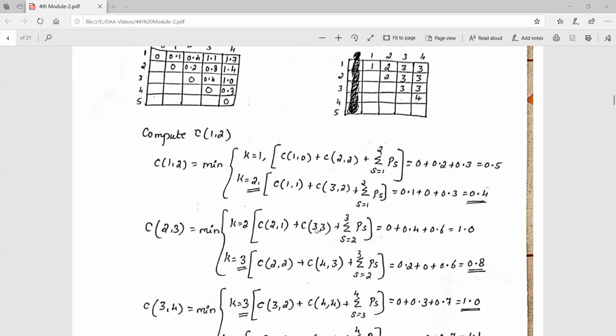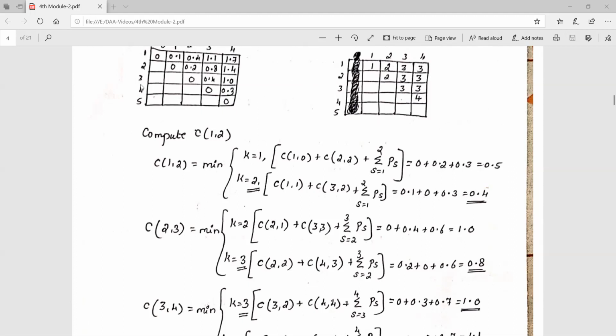So the third probability is 0.4, that you have to consider from the table. So here 0 plus 0.4, 0.2 plus 0.4, we are having 0.6. So again you compute the value. Here we are having 0.8. So for C of 2 comma 3, we are having the value 0.8. For that, the corresponding K value will be 3. So 2 comma 3, that is 0.8, and the root value will be 3.